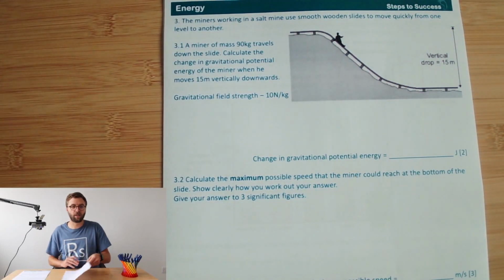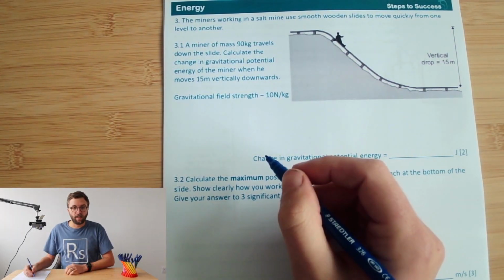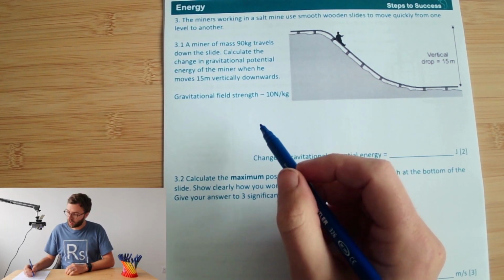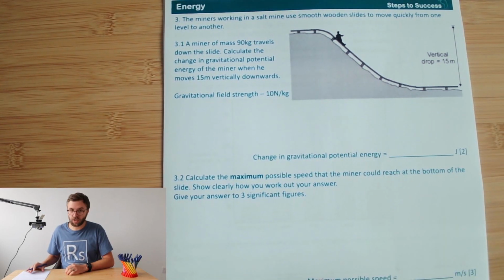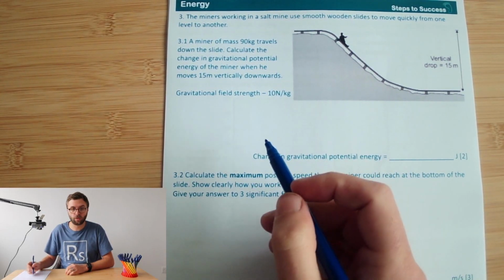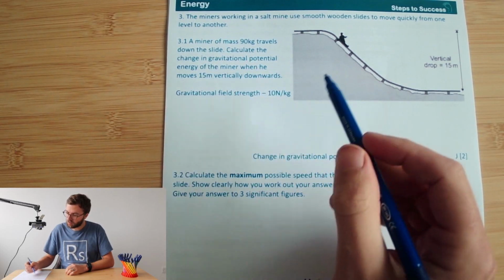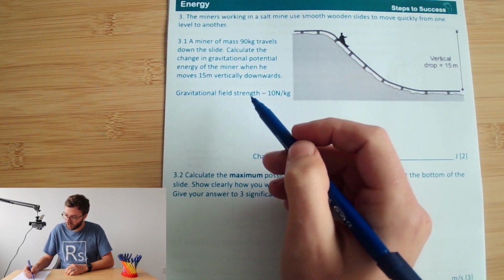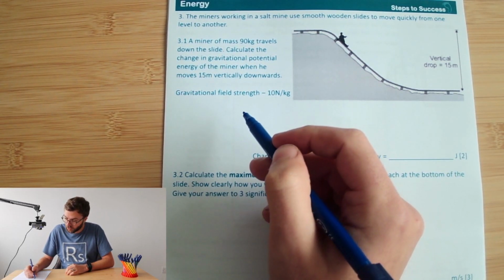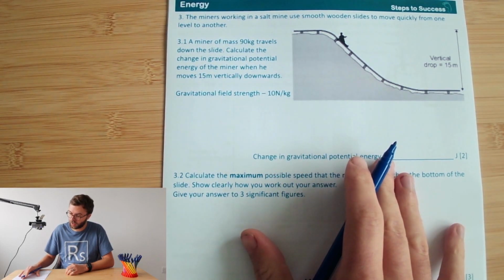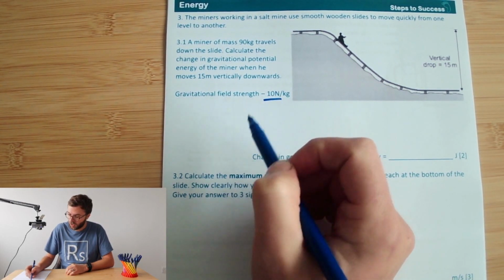Okay, let's have a look at question number 3. So in question number 3, the miners are working in a salt mine. They're using a smooth wooden slide to move quickly from one level to another. And it tells us that a miner of mass 90 kg travels down the slide. Calculate the change in gravitational potential energy when he moves 15 metres vertically downwards, and it gives us the gravitational